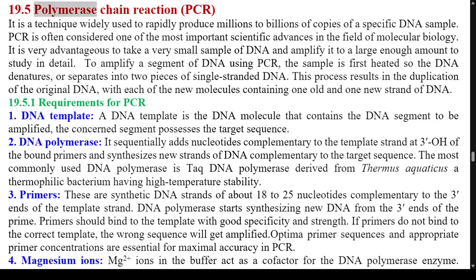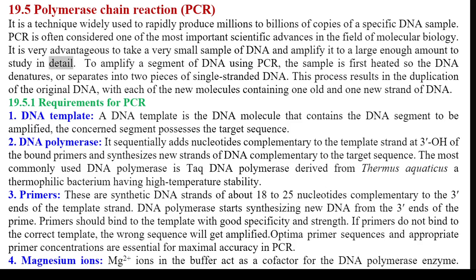19.5 Polymerase chain reaction, PCR. It is a technique widely used to rapidly produce millions to billions of copies of a specific DNA sample. PCR is often considered one of the most important scientific advances in the field of molecular biology. It is very advantageous to take a very small sample of DNA and amplify it to a large enough amount